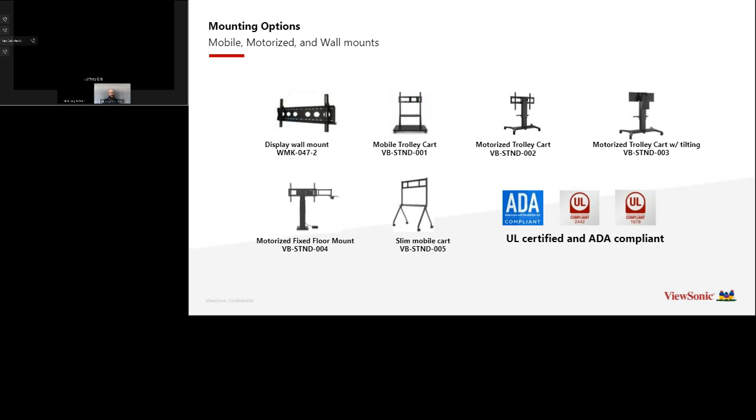So I assume you're talking about the 70 series. So you're talking about the camera that's embedded to the top of it. Yes, you could obviously turn on the webcam if that's what you're asking on the 70 series. Or if you prefer, we do have our own ViewSonic webcams that can attach to any of our Viewboards. Or you can, of course, attach any existing that you have, a Logitech or any other device as well. Jeff, do you want to jump in with any further comments on that?